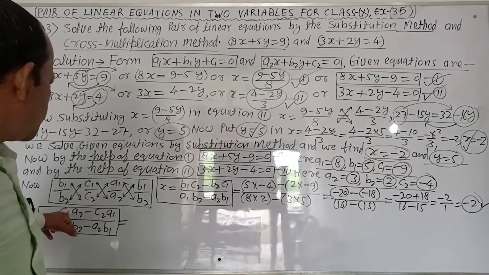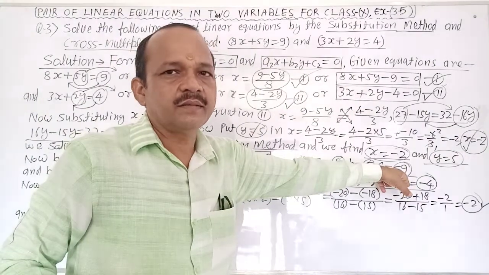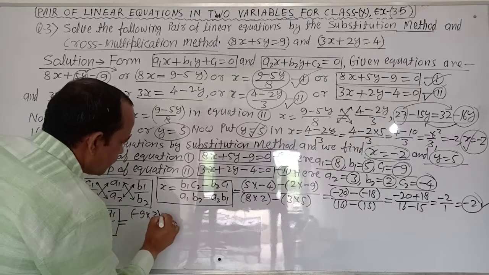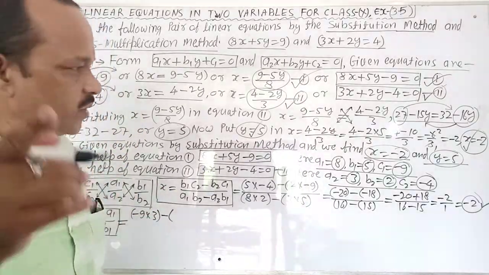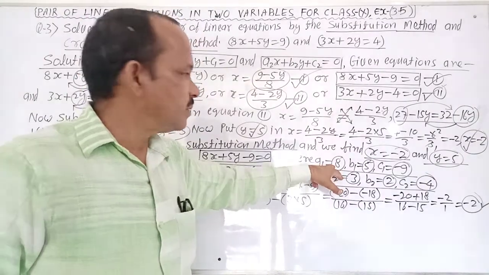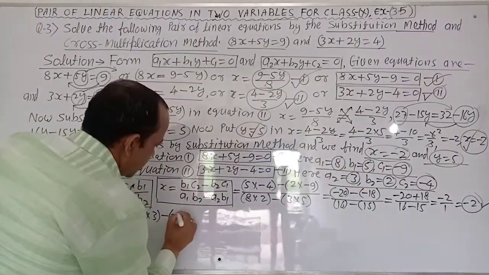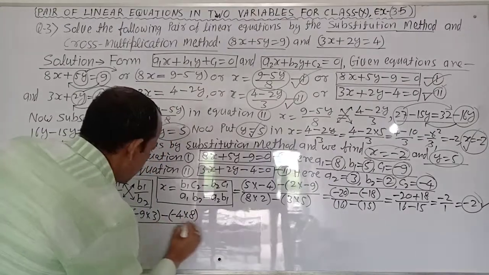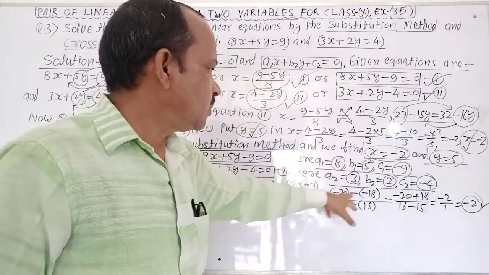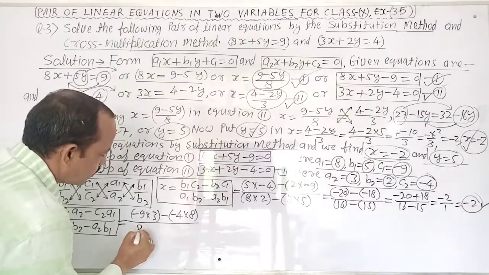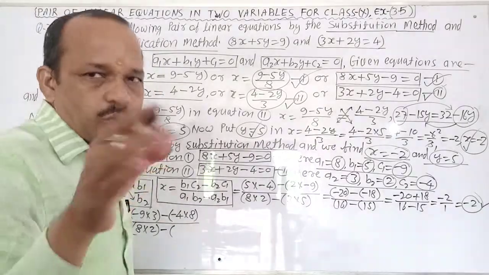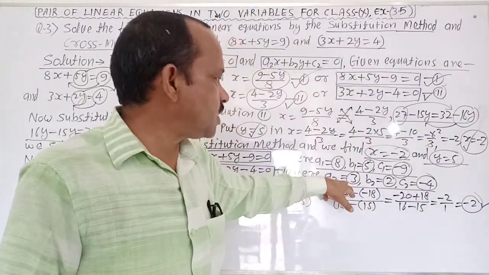Equal to C1 A2: C1 is minus 9, A2 is 3, minus 9 multiply 3, minus C2 A1: C2 is minus 4, A1 is 8, minus 4 multiply 8, upon here A1 B2: A1 is 8, B2 is 2, 8 multiply 2, minus A2 B1: A2 means 3, B1 means 5,